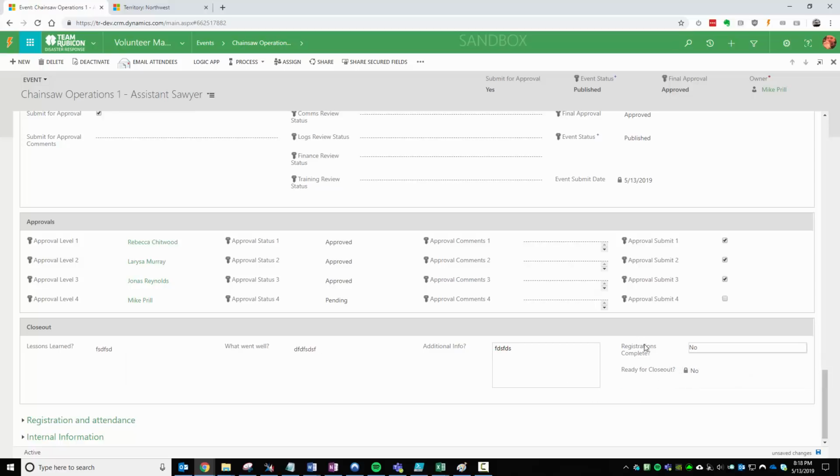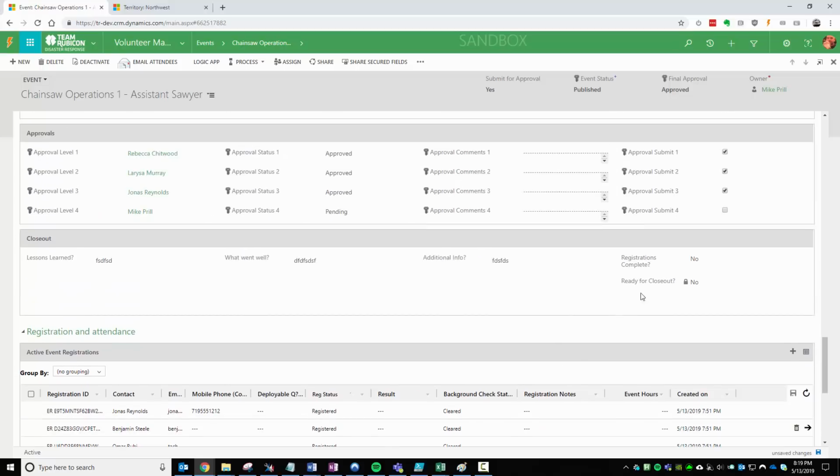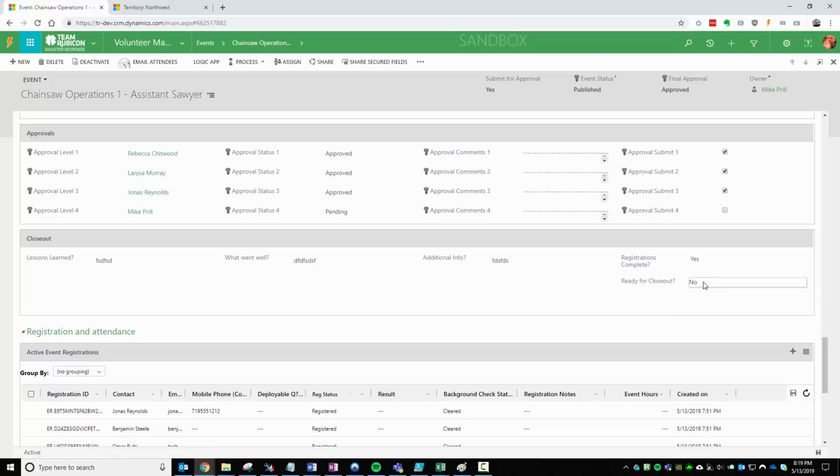The most important piece is to make sure that the event registrations are set to complete, so that all these are set to attended, and if there's a result that they're all set to passed. And as soon as that happens, then you can hit yes. And as soon as you hit yes here, now you can also hit yes here. And as soon as I hit save, what that's going to do is send an email